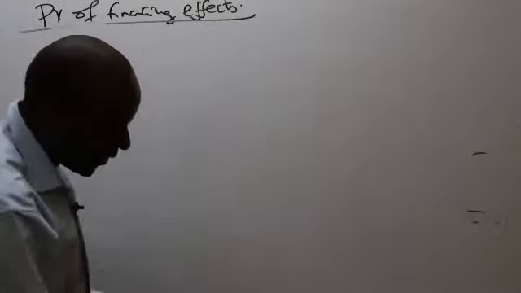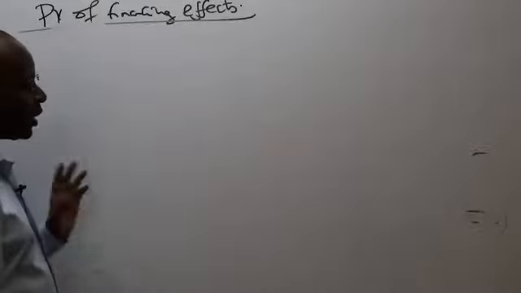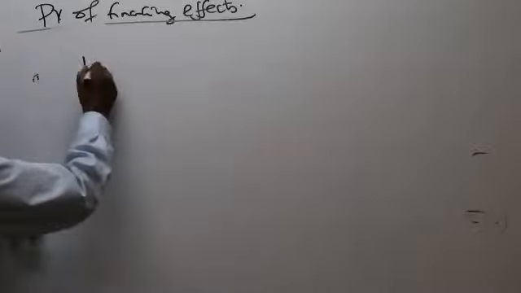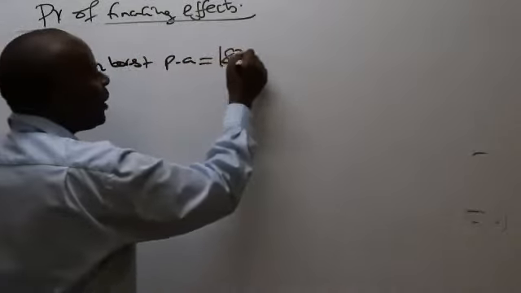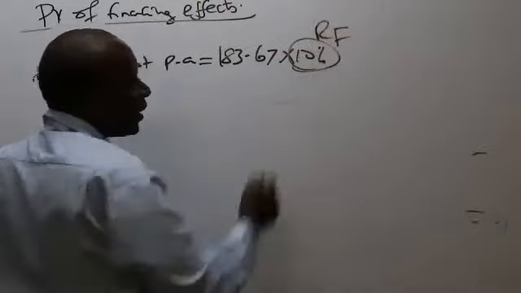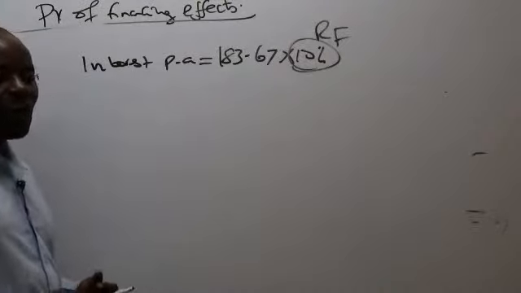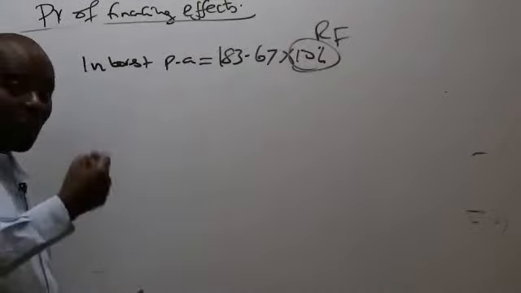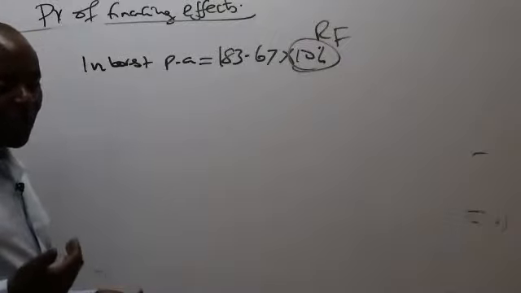So, ladies and gentlemen, debt is risk-free. So please come and give me the interest per annum. Somebody tells me it's 183.67 times 10%. So this is risk-free. Remember, even the issue costs, it's debt you took. So per annum,